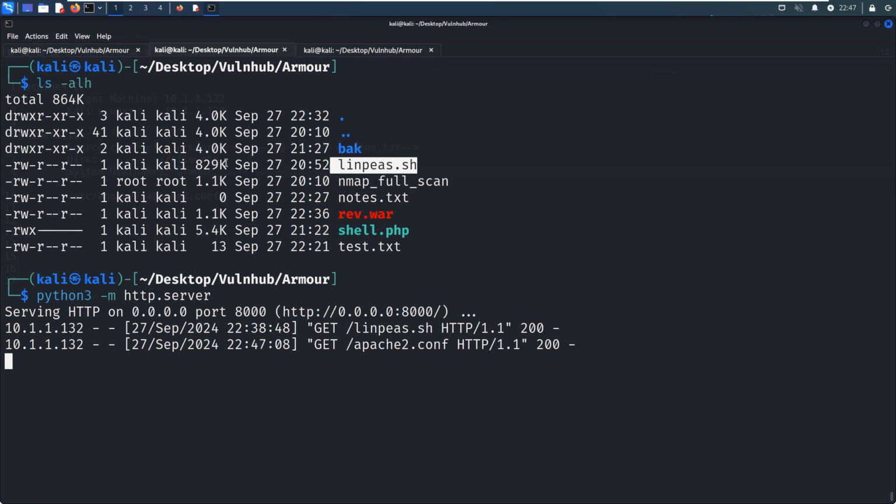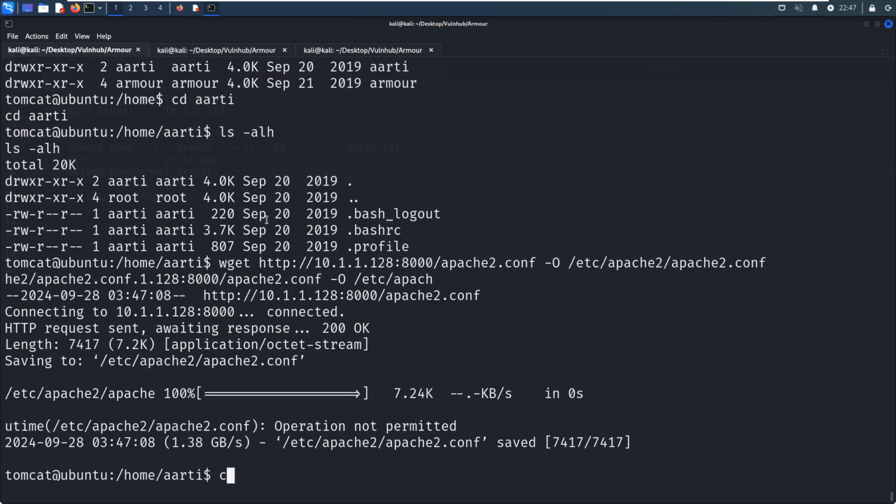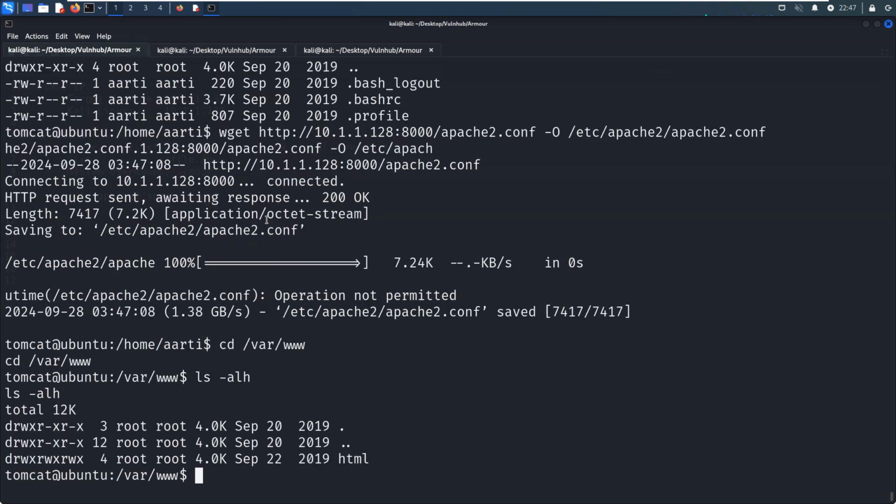And also the HTML directory, this one is writable by everyone. So I think we can put a reverse PHP file into this directory.